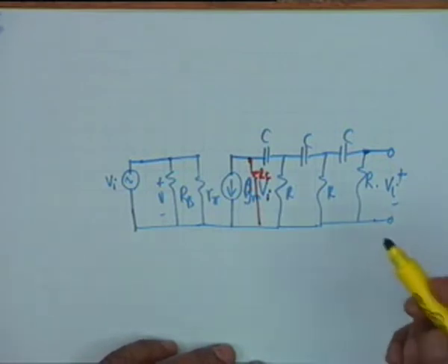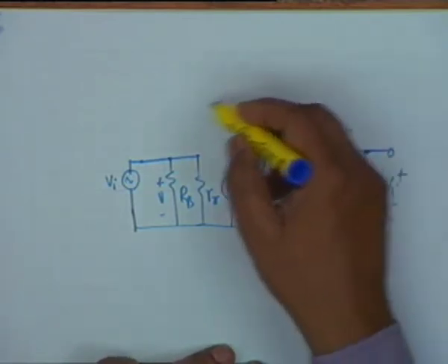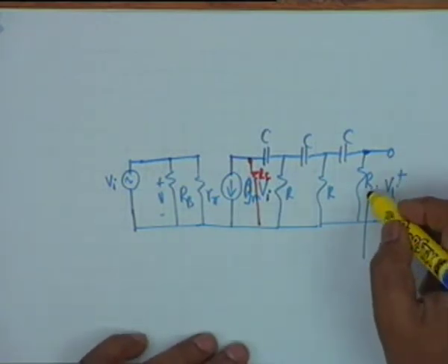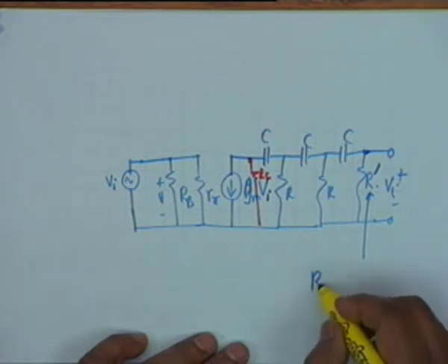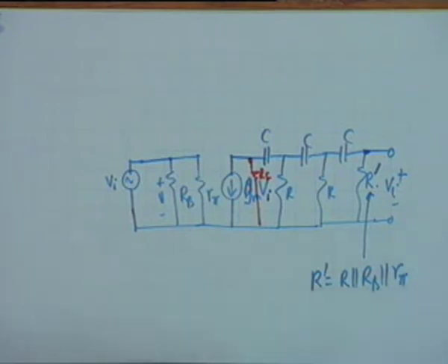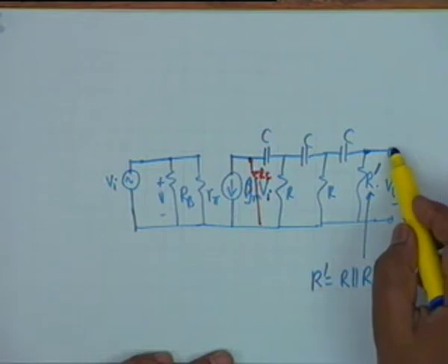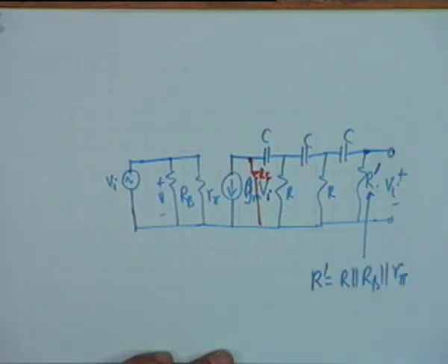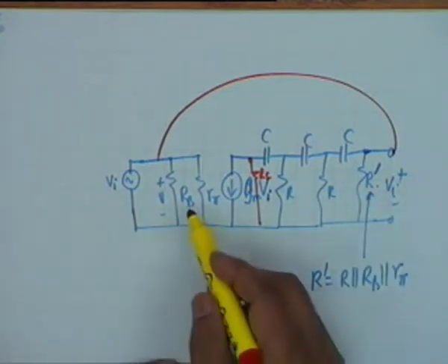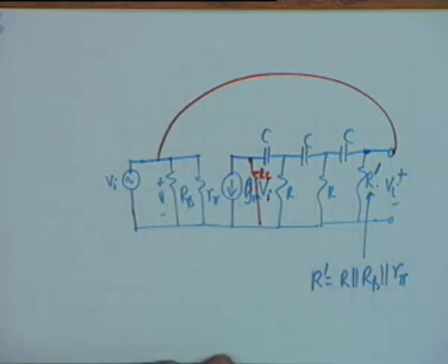All right, it shall be affected by RC, and since this is going back here, you should, in fairness, shunt R by R prime, which shall be R parallel RB parallel R pi. Is the point clear? No? After all, in an oscillator, you are going to connect this point to this point, and therefore this R, the last resistance, shall be parallel by RB and R pi, and you have to analyze under that condition.